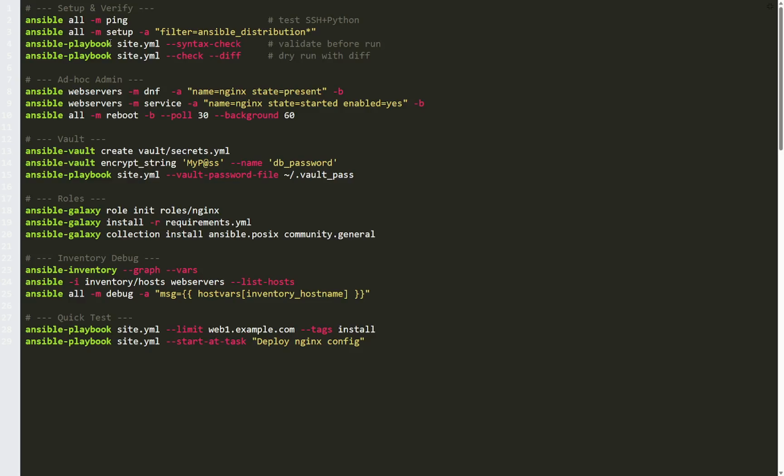Next, the vault one-liners. ansible-vault create and encrypt_string are the two you'll use most. encrypt_string for individual values, create for entire files of secrets. Always run playbooks with --vault-password-file pointing to a file with the vault password. Typing the password interactively every time is slow and error-prone in a